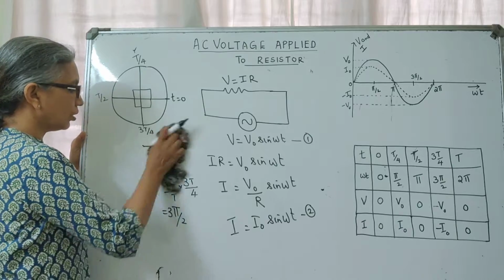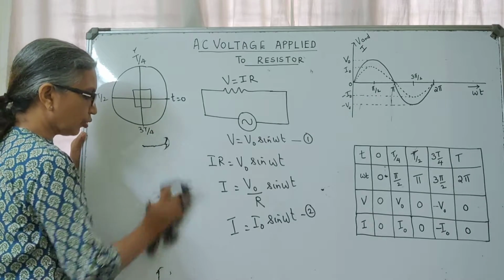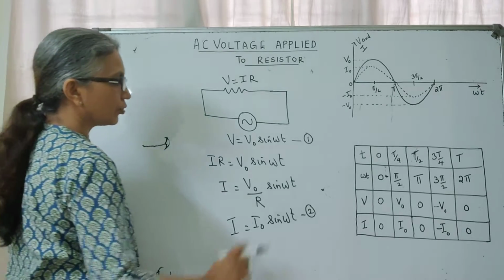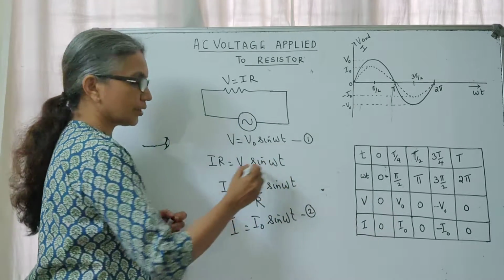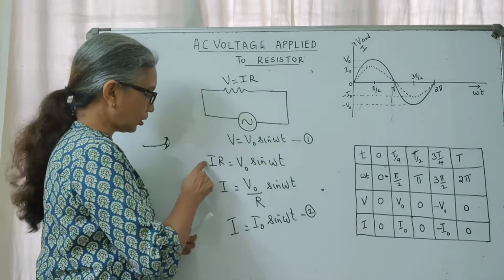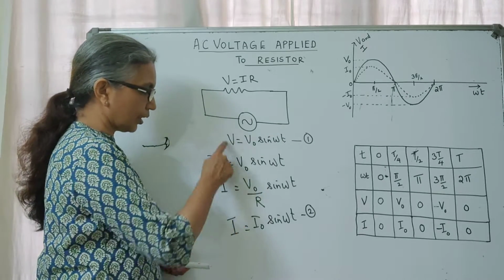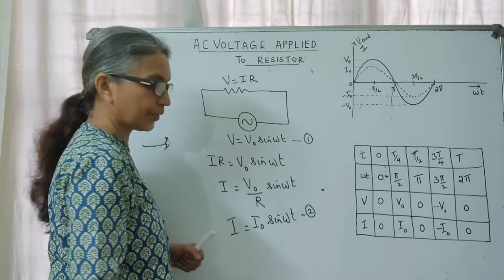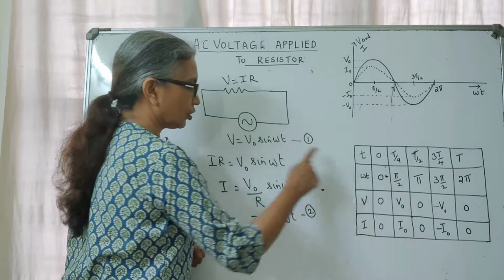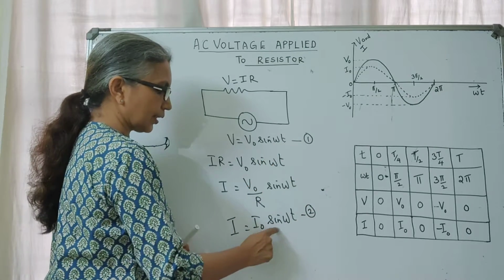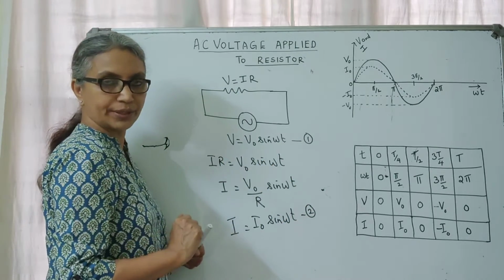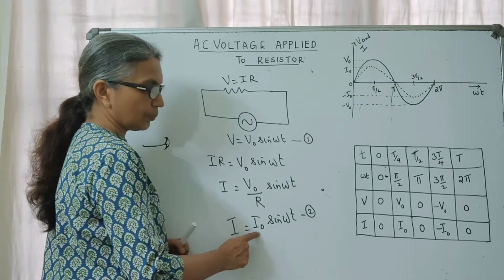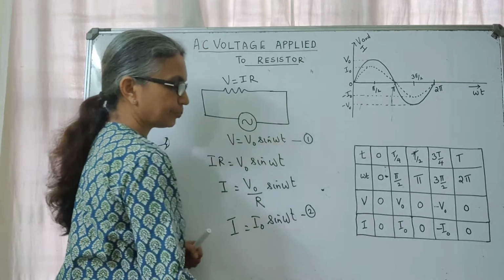Right? So then if you look at the variation of voltage and current from the functions, you see when omega t is 0, sine 0 is 0. So both current and voltage will take 0 values. That is why I have written 0 there. At angle pi by 2, sine 90 here and sine 90 here take value 1. So V becomes V0, the peak value, and I is I0, the peak value.